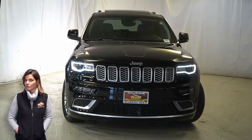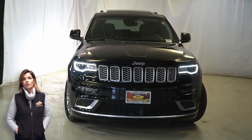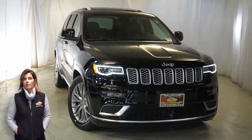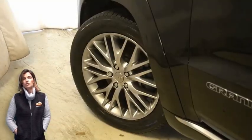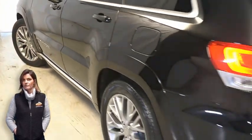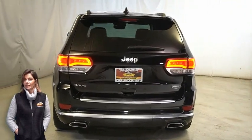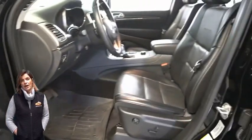Looking for a highly equipped SUV with all the right options and reliability? We'll take a look at this certified pre-owned 2017 Jeep Grand Cherokee Summit in Diamond Black Crystal Pearl. With LED daytime running headlamps, premium LED fog lamps, 20-inch fully polished aluminum wheels, power heated mirrors, platinum strip tail lamp, polished dual exhaust tips, heated and ventilated front seats, heated steering wheel, 28,000 miles on the odometer,